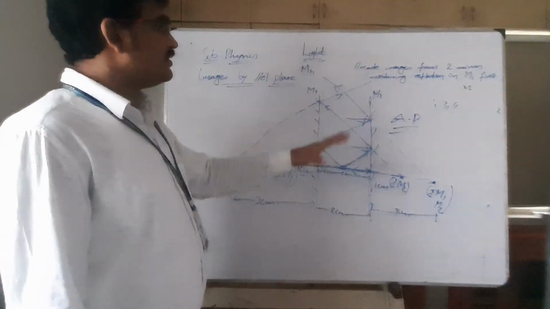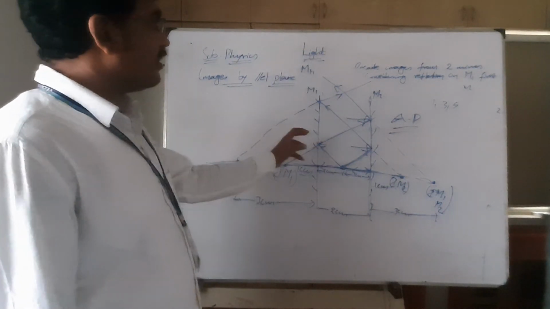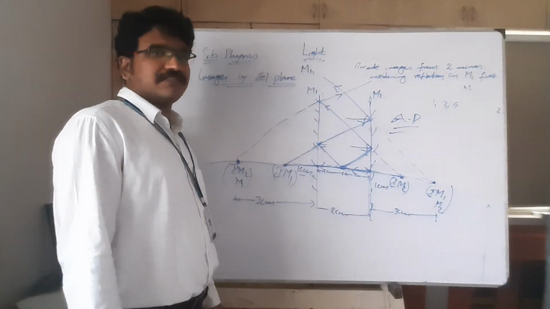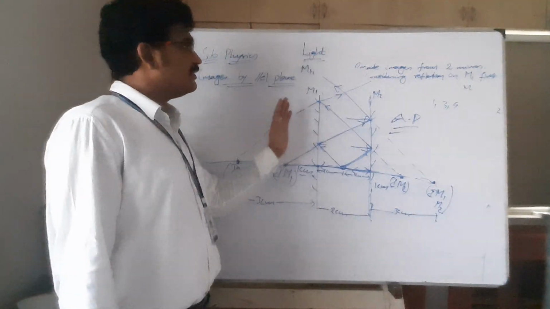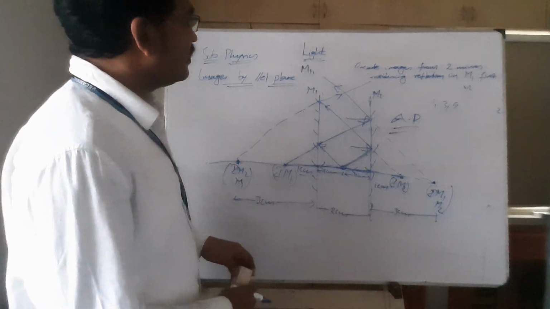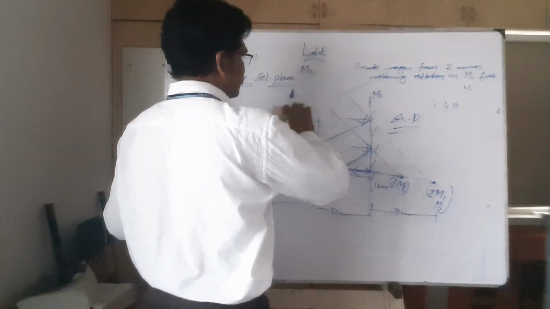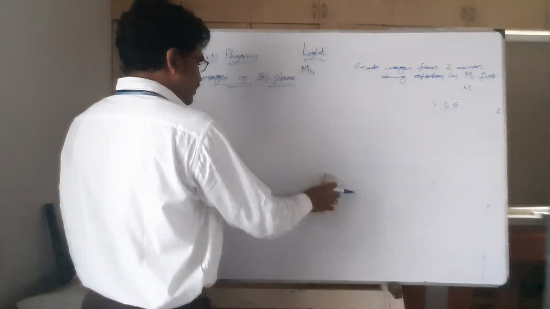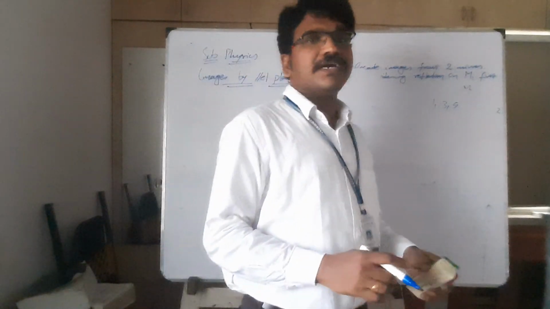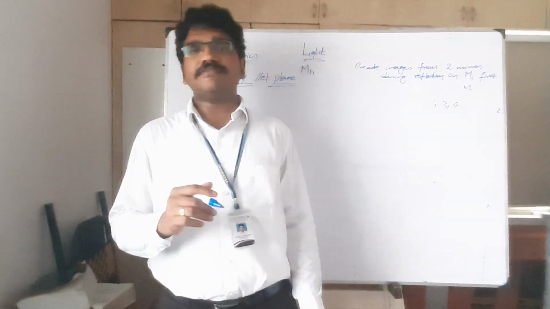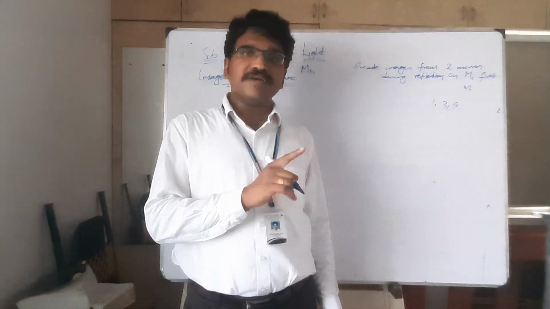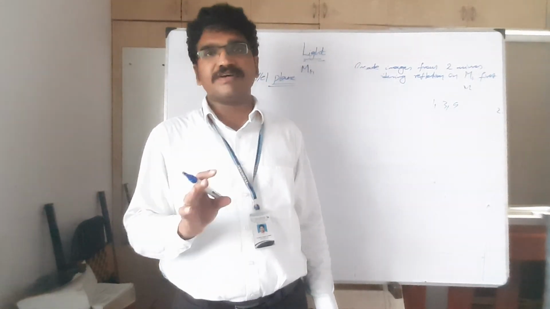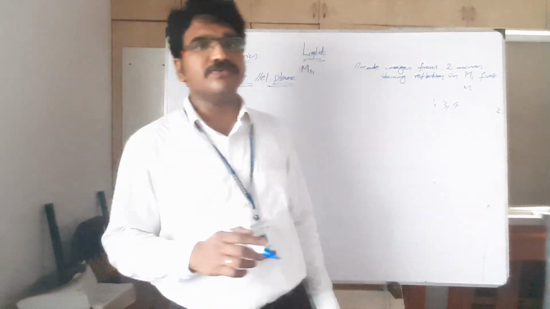Okay. So this is how we are locating the images between the parallel plane mirrors. So this is what you should understand whenever you are locating the images formed by parallel plane mirrors. Now, whenever we are going through the applications, we should understand that the image formed by one mirror is going to function as object for another mirror for successive reflections, and it will continue in that manner.